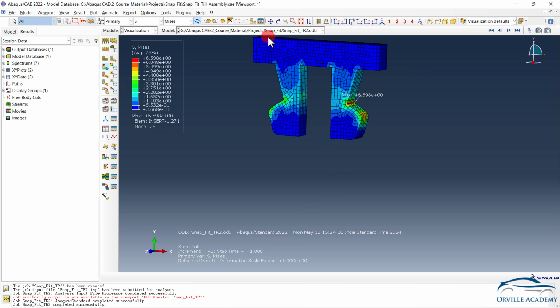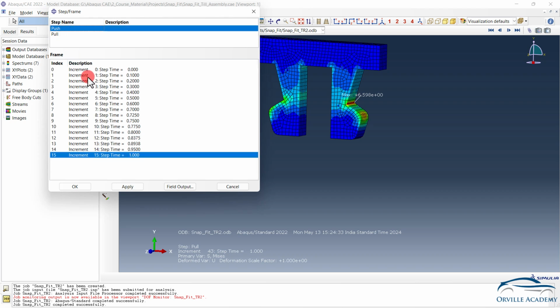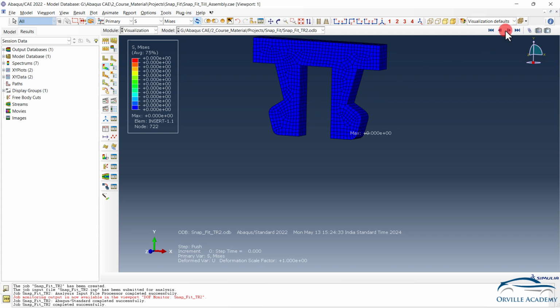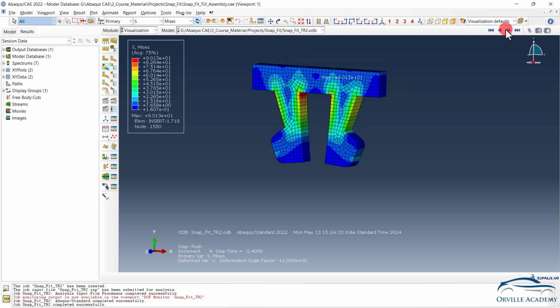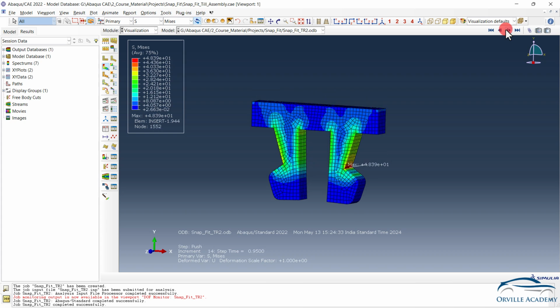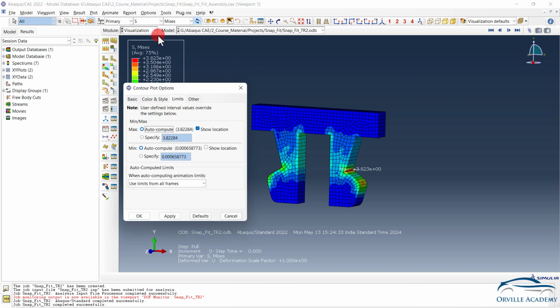Now from here, if you want, again you can go for the step and frame, push step, go to the first increment, apply and OK. And again you can go frame wise also. Hope you clearly understood how you can check the stresses. Let us remove this location identification by going to the options, contour, limits, and let us remove this show location